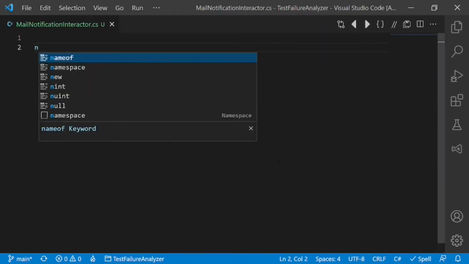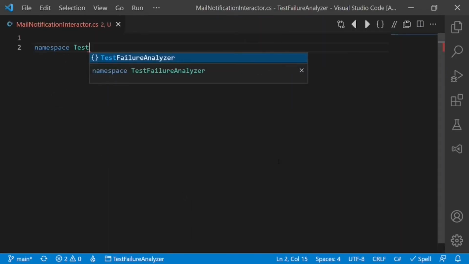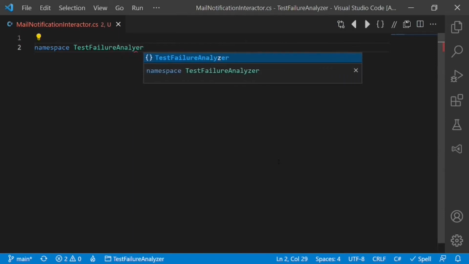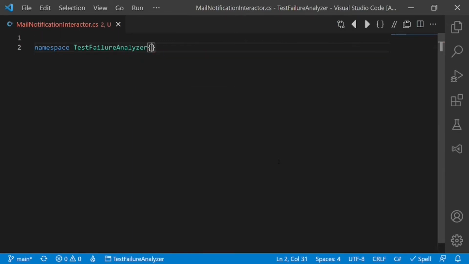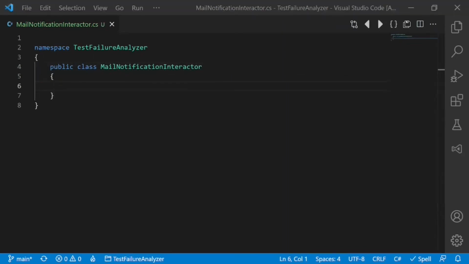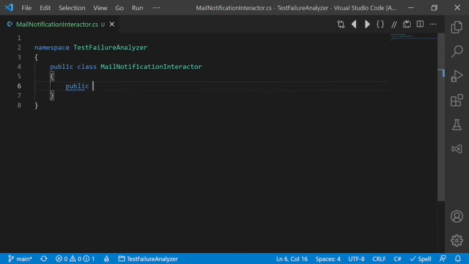Create a namespace and the class notification interactor. Let's say our interactor always gets called from outside when something happens in the application which should be notified via email. Let's add APIs for those cases. One case could be internal